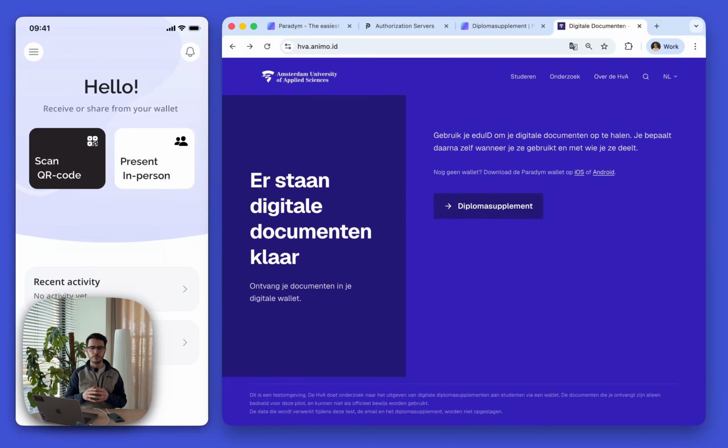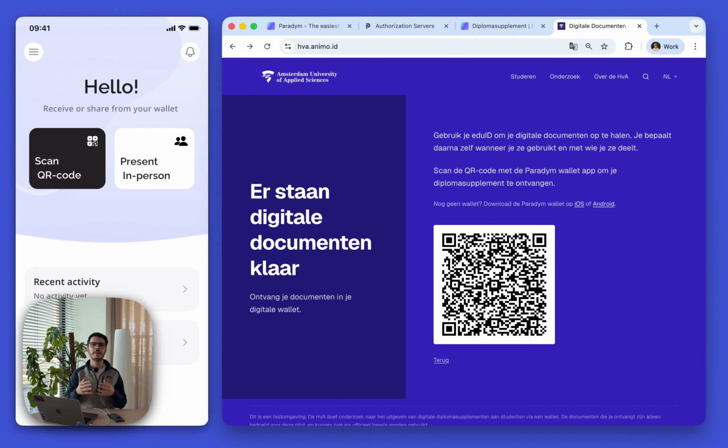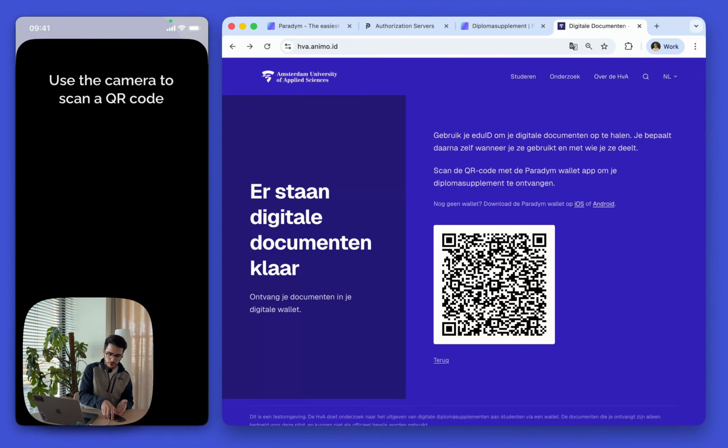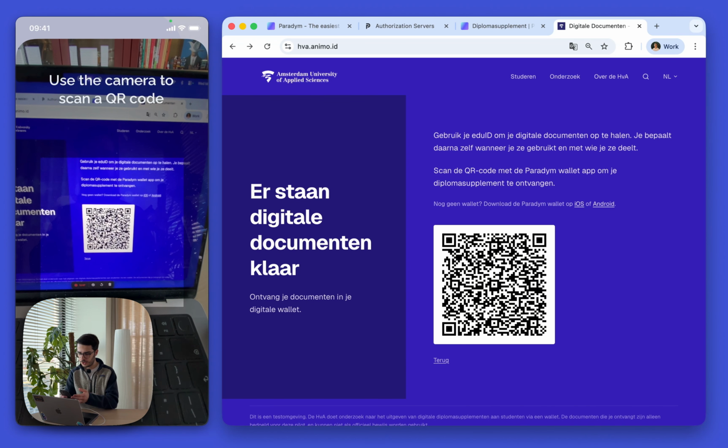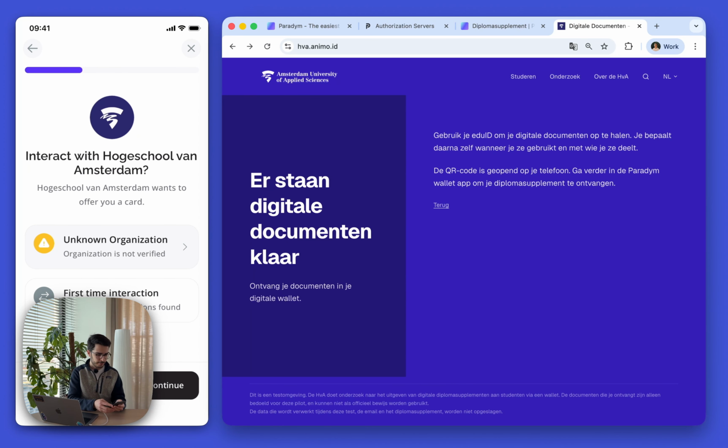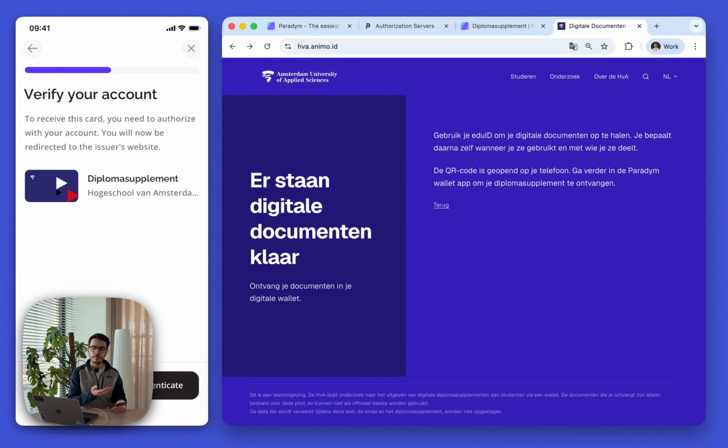We have this website that we've already created beforehand, and it's connected to the credential template we've just updated. We click on Diploma Supplement, and in the background, this website is calling Paradym's new offer creation API. Now we get a QR code. Using the Paradym wallet, we can scan the QR code, and then you see the details about the issuer. We continue, and then we get prompted about the verification of the account. So you will need to log in. We click on Authenticate,